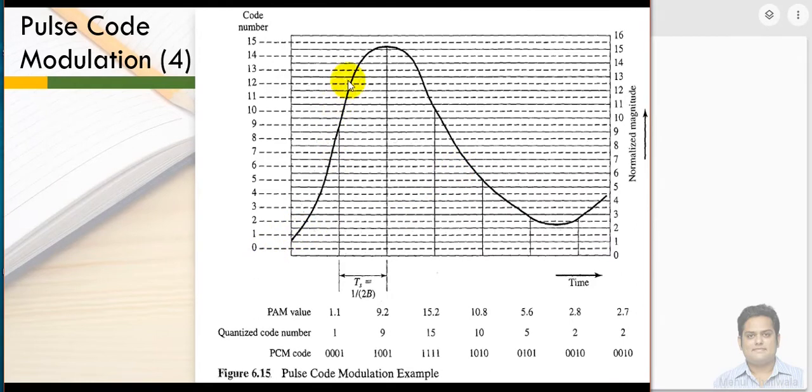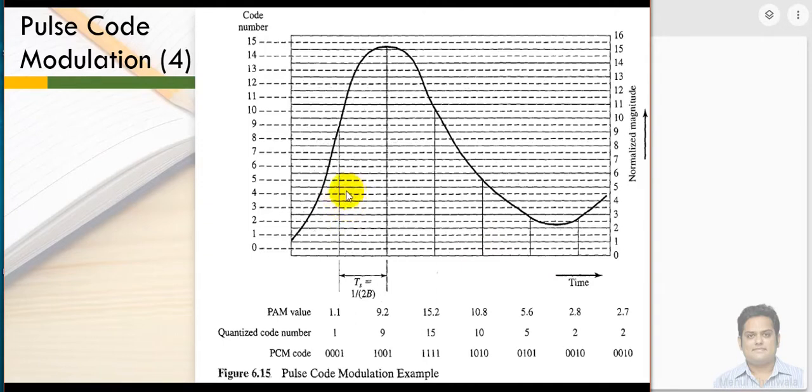So here this is an input signal. Now as a first step we are going to take samples, right? So this is where I have taken samples at a particular period of time, after a particular period of time. So this is my TS time, where TS is generally 1/2 of whatever the bandwidth of the signal is. Fine. So that is how I can define TS, and after every TS seconds I am taking a sample. So this is my first sample. After TS amount of time I am taking the second sample. This is my third sample, fourth sample, fifth sample, and likewise all the samples I have taken.